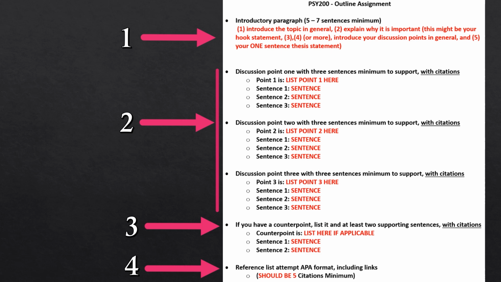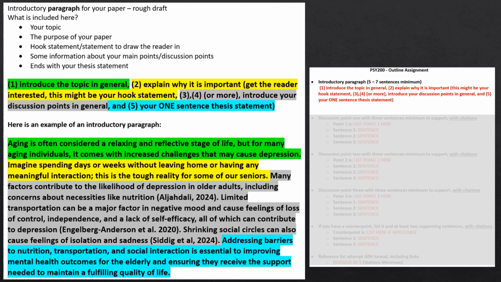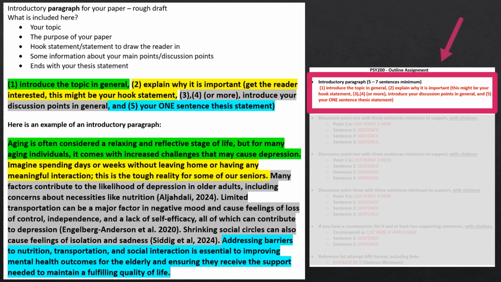The topic that I picked for a sample topic is the elderly population and how they're dealing with depression and some of the different factors that contribute to that situation. For my introduction of my topic in general, which is in green here, my sentence was, aging is often considered a relaxing and reflective stage of life, but for many aging individuals, it comes with increased challenges